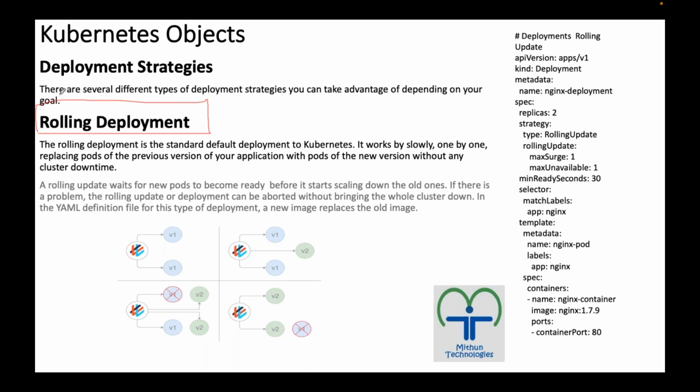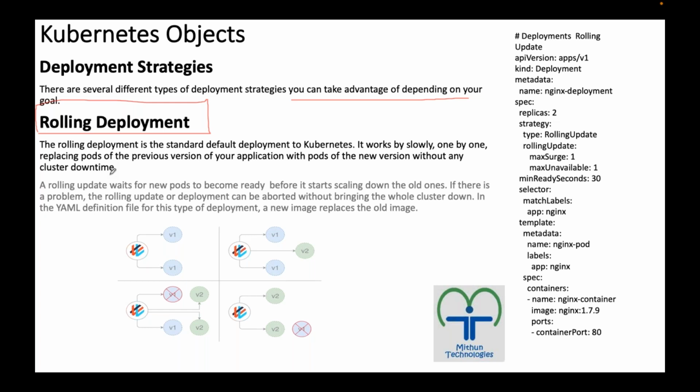So there are several types of deployment strategies. You can take advantage of them depending on your requirement, on your goal. One is rolling update, another one is recreate. Now, rolling deployment is the default deployment strategy for Kubernetes, which means when I am creating a deployment and I have not mentioned the deployment strategy,